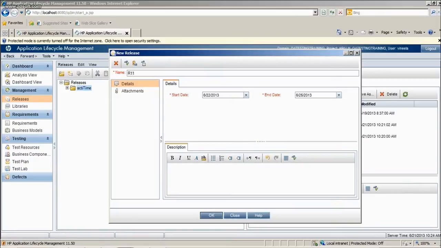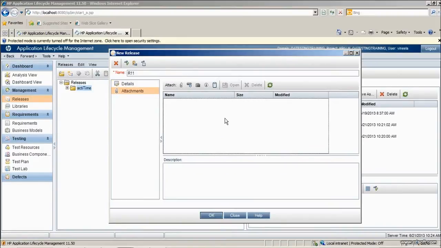In this release they will pass the description over here. Active time login screen should be developed in this release. Likewise you can pass the description for the release. The same way you can attach documents for this release, which I showed over here.